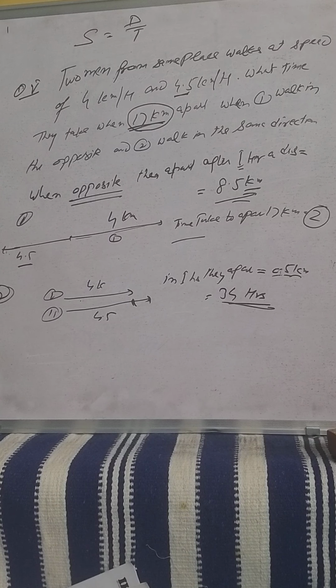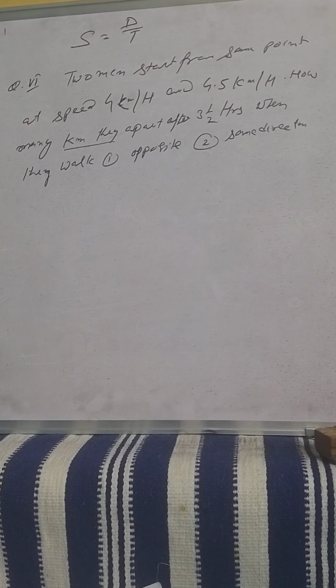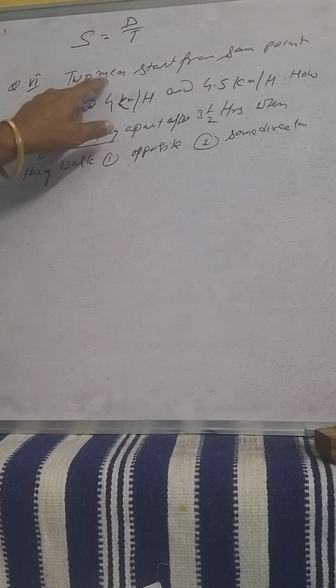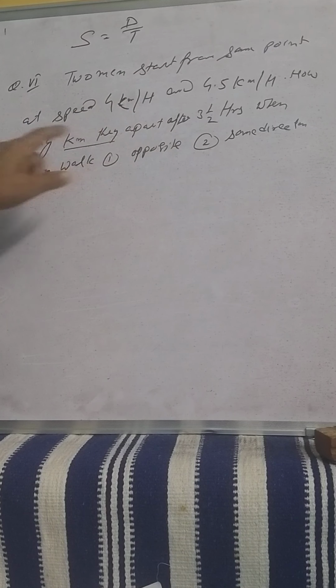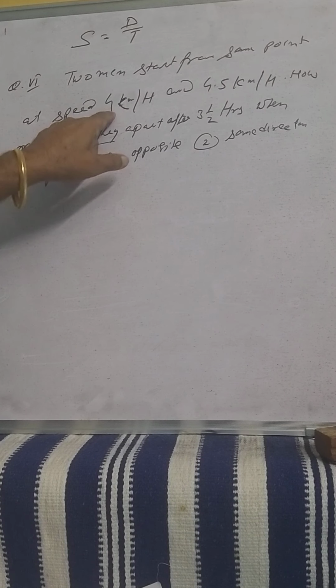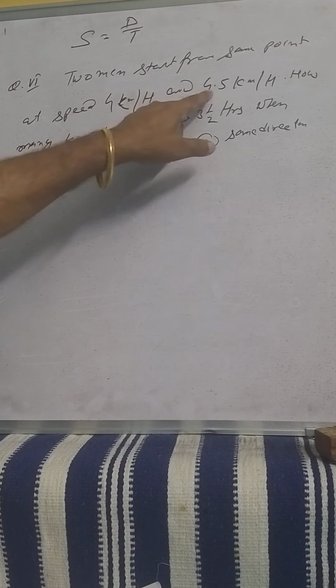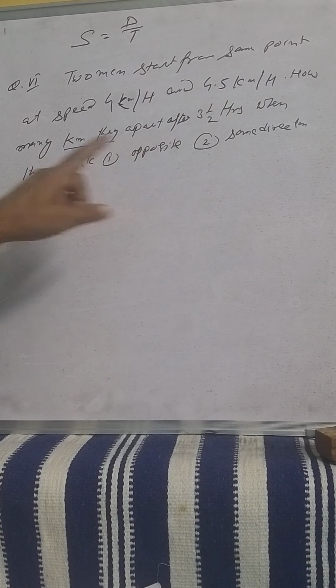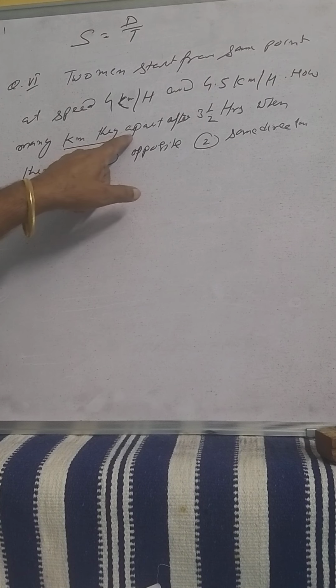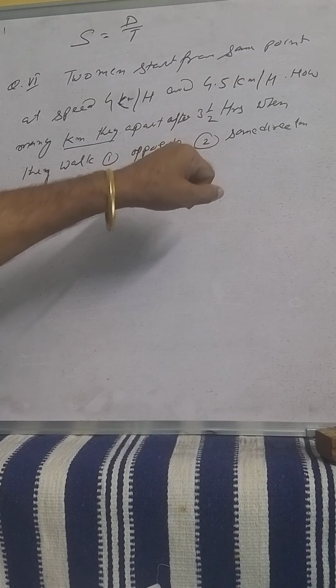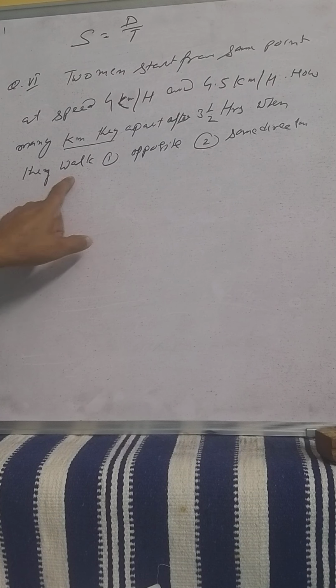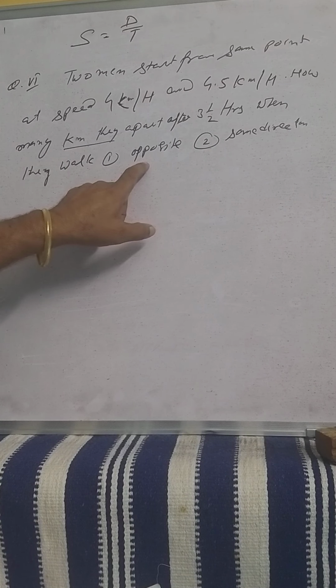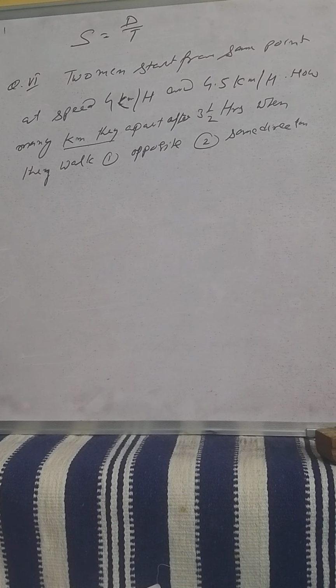Now we take the last question. Now, this is the last question, question number 6. Two men start from the same point at the speed of 4 km per hour and 4.5 km per hour respectively. How many kilometers are they apart after 3.5 hours when they walk first in the opposite direction, and second in the same direction? Now it is clear